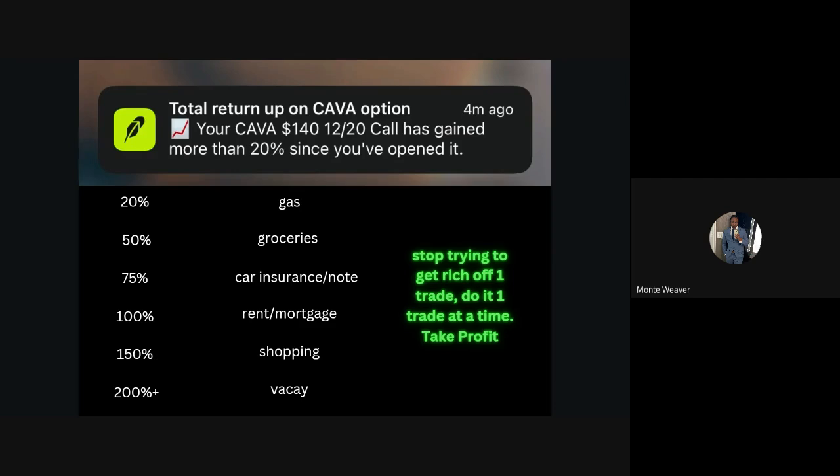You're up 20%. You did not lose money. I would rather not lose money, right? I would rather make 20% than take a loss, right? I would rather say, oh, I should have held my trade longer than taking a 20% loss. A lot of us are saying that we should have held our trades longer just because we wanted to squeeze the money and we wanted to make more money so we could have more money.